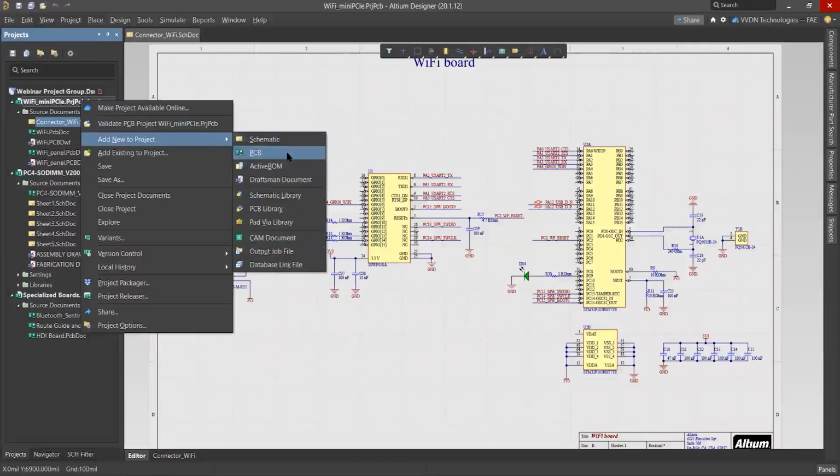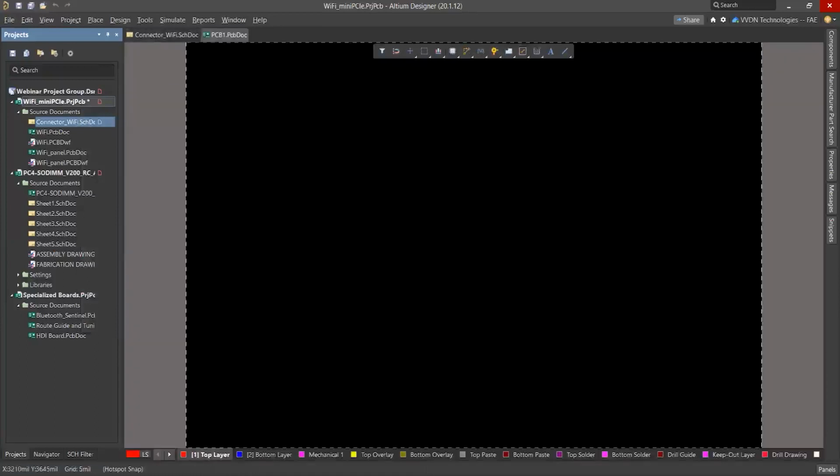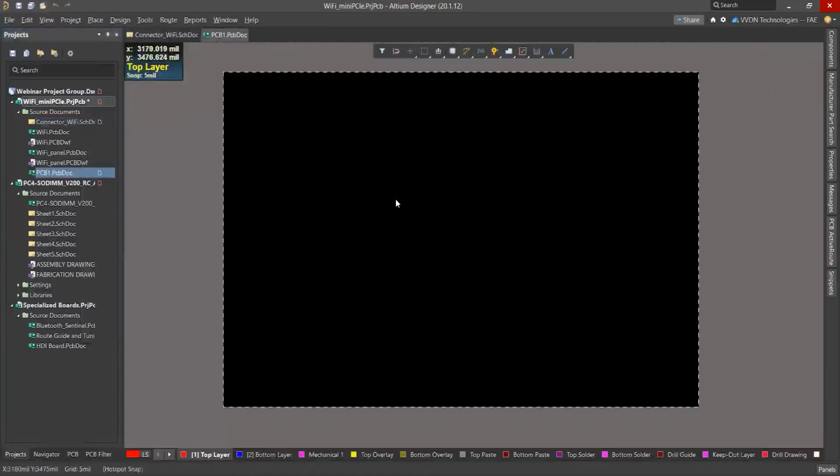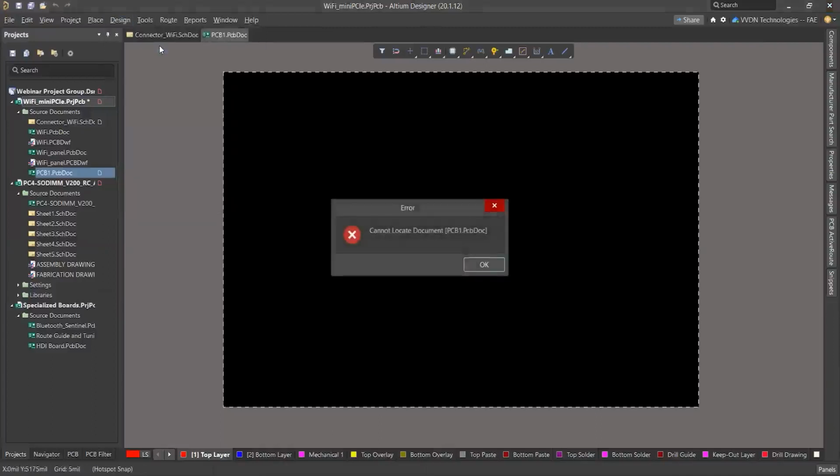Suppose I am adding a PCB document for layout design. Here you can see this is our board, and we can import our design changes from the Design option.